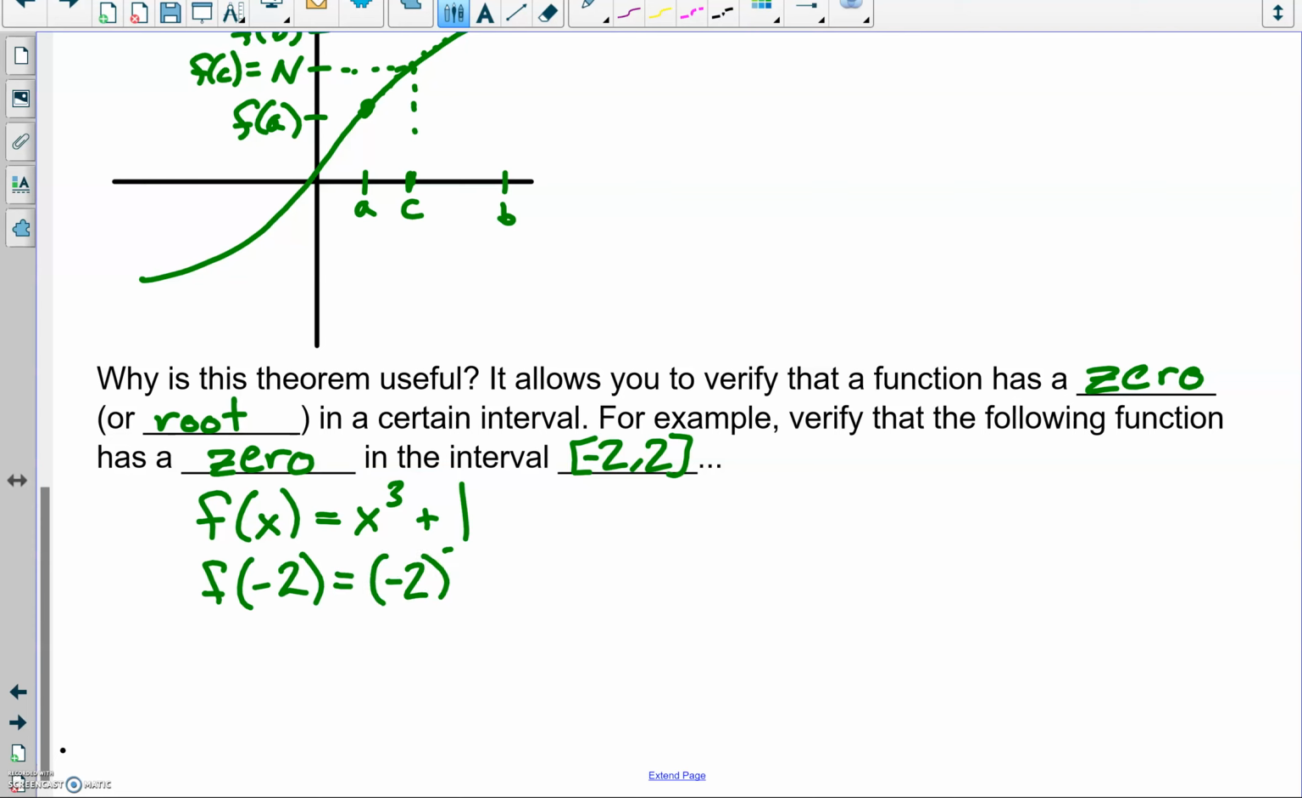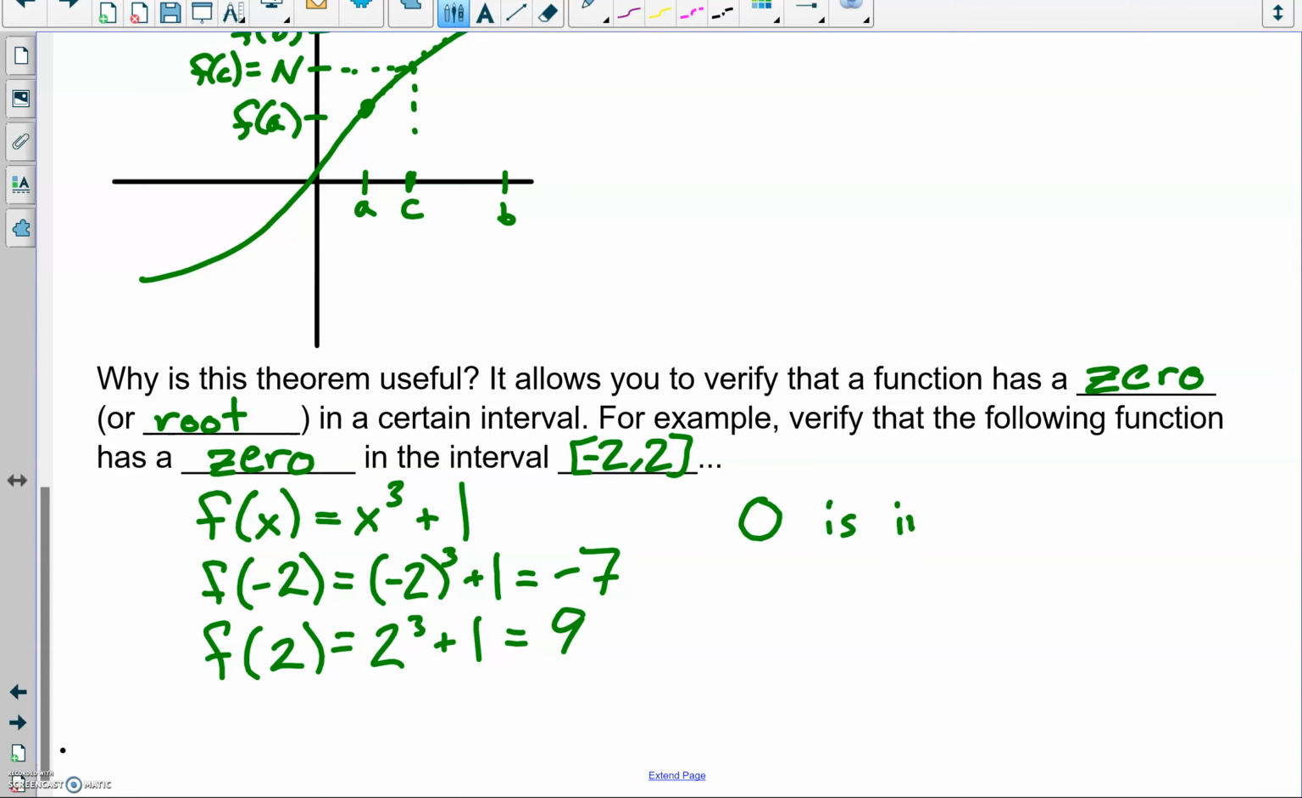This would be -2 cubed plus 1, or -8 plus 1, which is -7. And then you have this f of 2, the other endpoint, 2 cubed plus 1, or 8 plus 1, which is 9. So what we can take from this is that -7 to 9, those are y values. Somewhere in between there is a zero. In between the negative and the positive is a zero. So we can safely say that 0 is in between